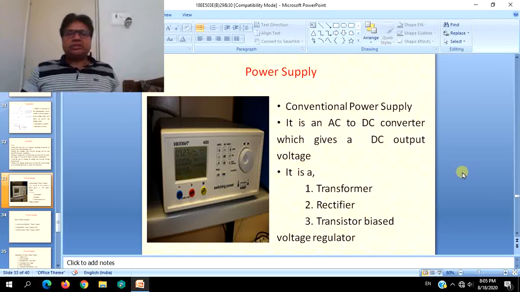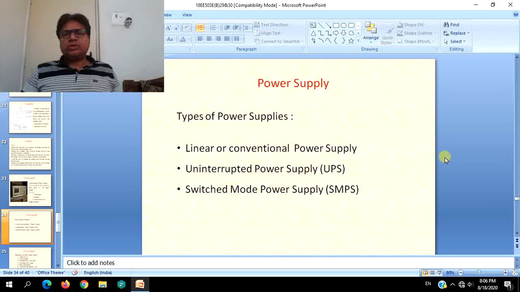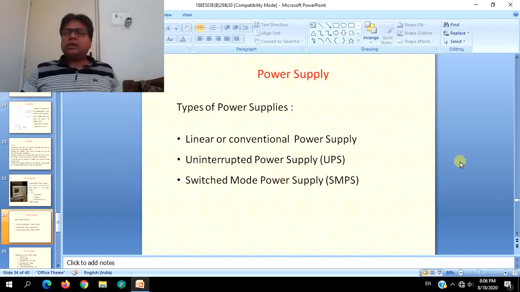No other protection features are available in this, and it is the simplest of the power supplies. All the disturbances which we have discussed, all the 7 disturbances, right from voltage deviation, frequency deviation, spikes, and chopped voltage to electromagnetic interference, can occur in these. So when other devices are used to suppress the disturbances in the power supply, they will suit our voltage requirements. They are the ones which we are going to discuss in the next session.